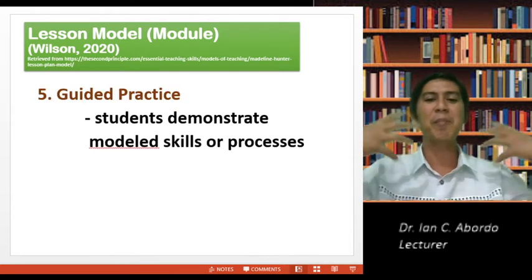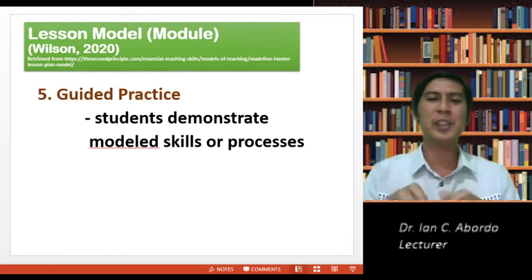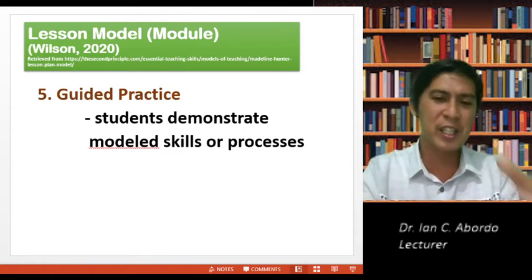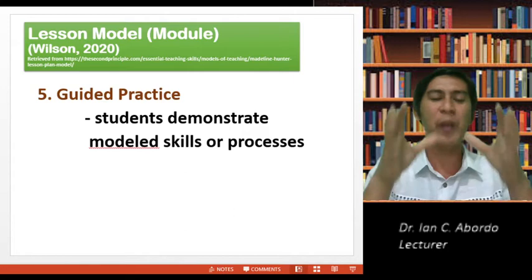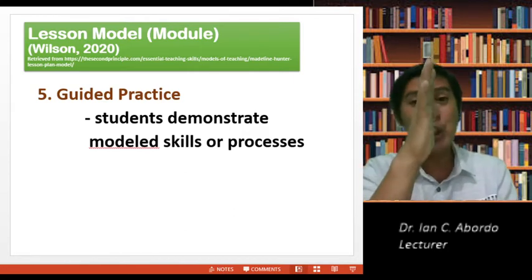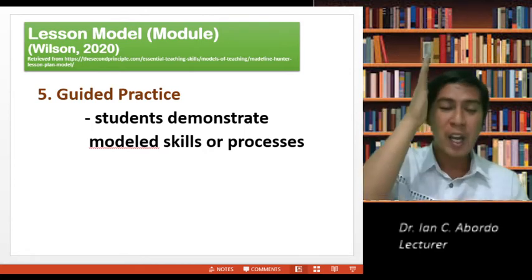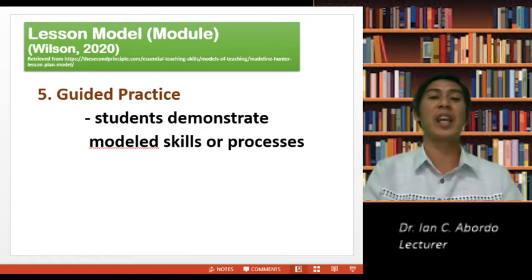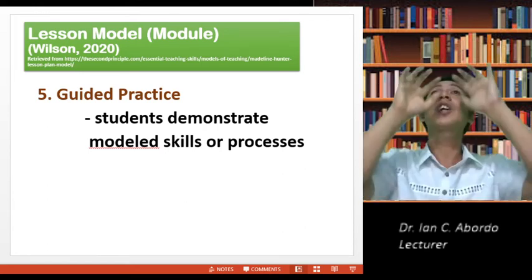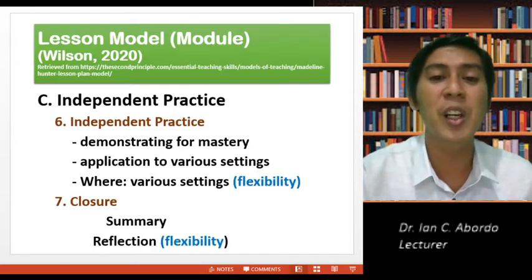All right. Then guided practice. Students demonstrate, model. So more practice. You can put there activities. So you put instructions there. Integrate your teaching, learning strategies there. Some activities that you will integrate. But ensure that all of these are aligned to the expected learning or most essential learning competency. They are aligned to the objectives of the lesson. So we are ensuring that we target the achievement of the most essential learning competency.